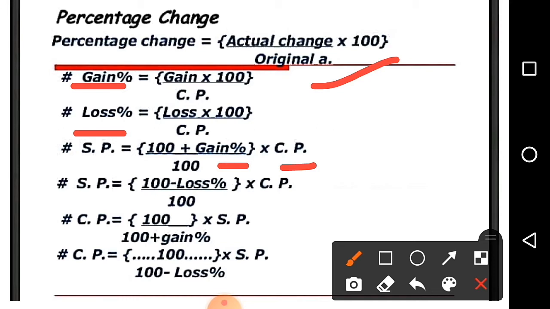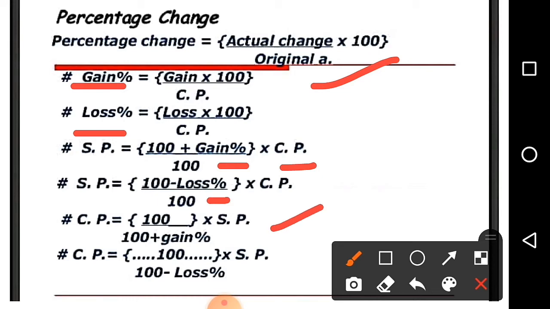Similarly, this is another formula when loss percentage is given. So it is 100 minus gain, so we have to add; here it is loss, so we have to subtract. So SP equals (100 minus loss percent) multiplied by CP, and then divided by 100. Now, cost price: for finding cost price when gain percent and SP is given,